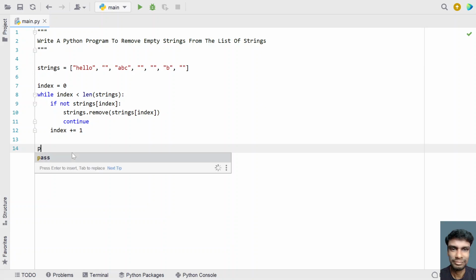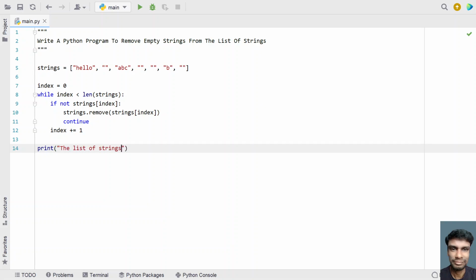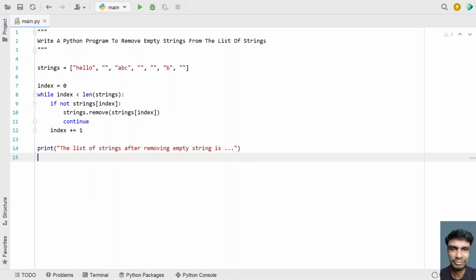So let's use a print function to print the list. The list of strings after removing the empty string is, let's give dot dot dot, and in the next line, let's take another print function